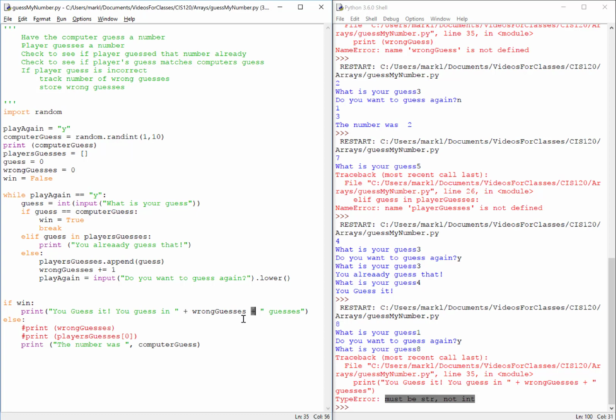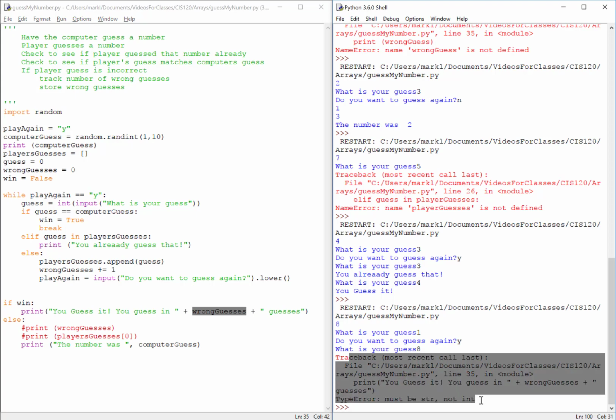It can't be both, it's one or the other. And here we have a string that we're trying to plus a number. So here we have a number that we're trying to join to a string, and Python is saying no,